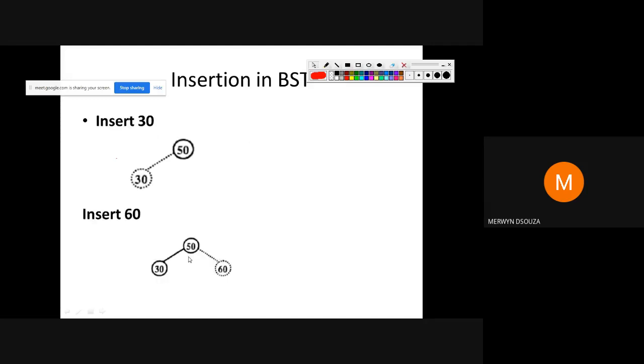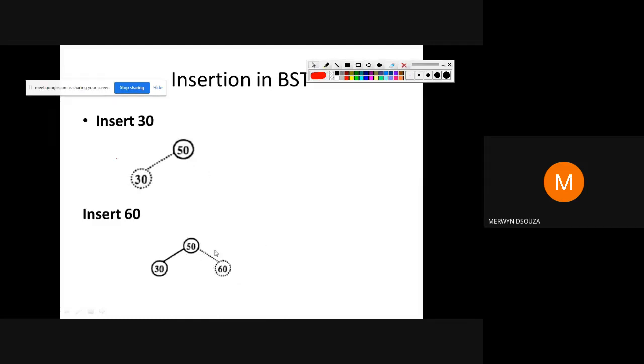And continue with your previous tree. So now when I am inserting 38, I am going to insert 38 into this diagram. You have to follow the proper sequence. Do not insert 38 anywhere in the other diagram. So 38 will be inserted into this diagram. Let's see how to insert 38.